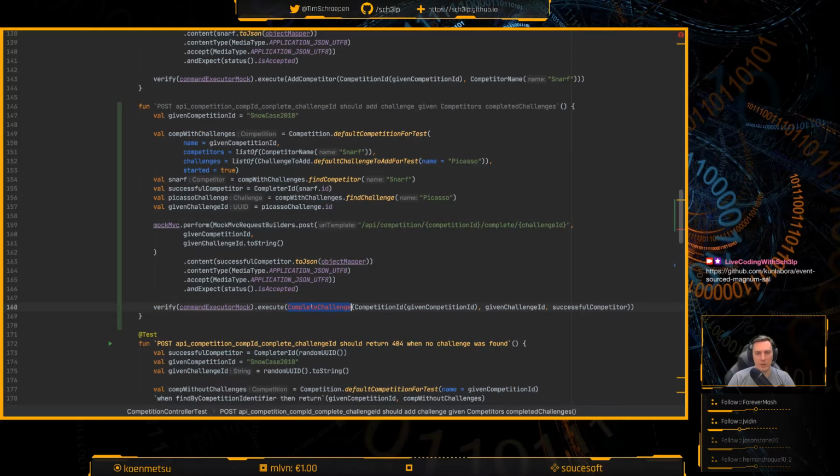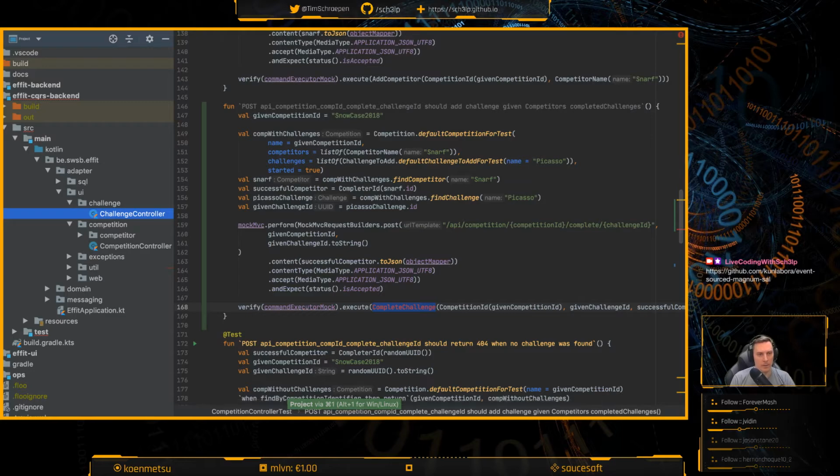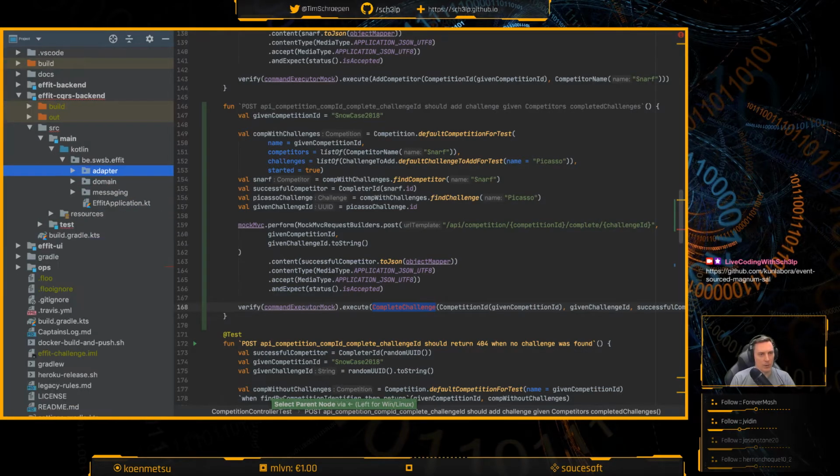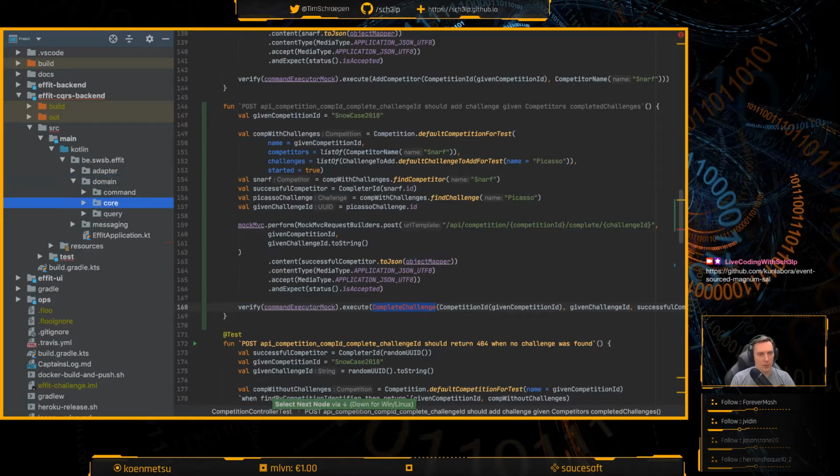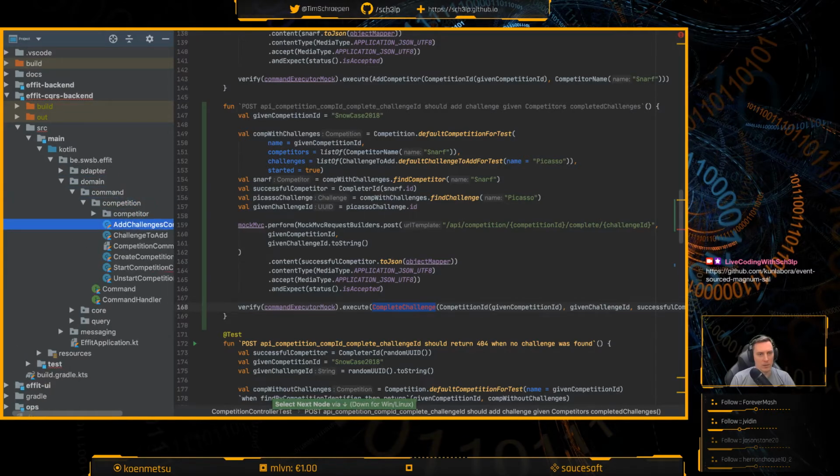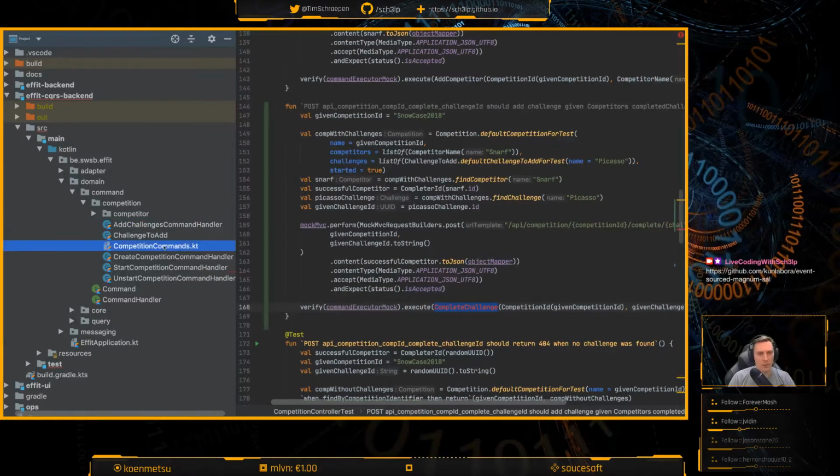Okay, so this is a new command. So let's add that to the correct spot so we don't have, it should be in domain somewhere. Command, competition, and then we'll have commands.